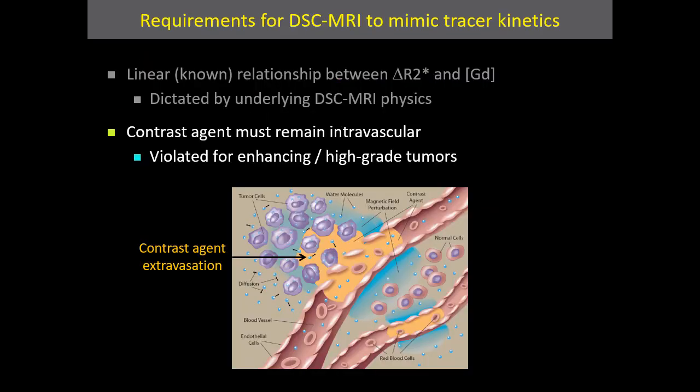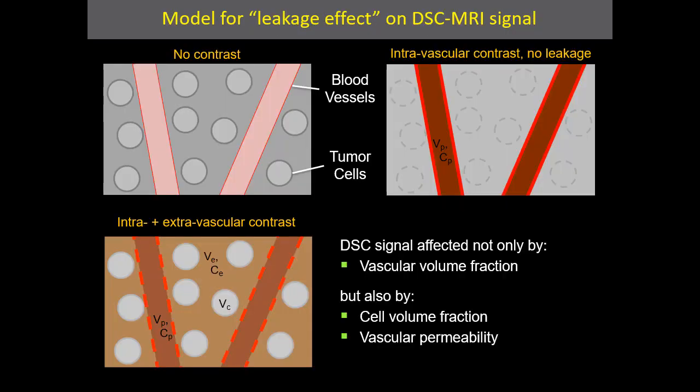The second requirement for DSC to mimic tracer kinetics is that the contrast agent must remain intravascular, and this is clearly violated for contrast-enhancing or high-grade tumors. In such cases, with contrast agent extravasation, there is a susceptibility difference not only between the intravascular and the extravascular space, but also between cells and the extracellular space. And so DSC signal is affected not only by the vascular volume fraction, but also by the cell volume fraction